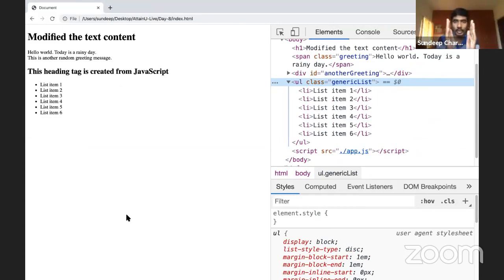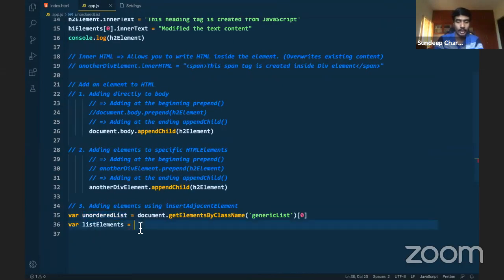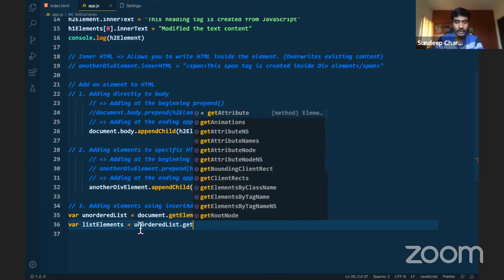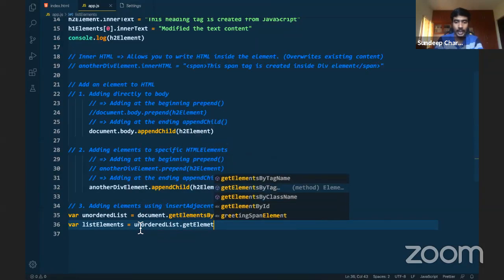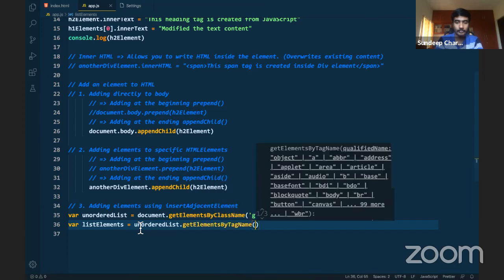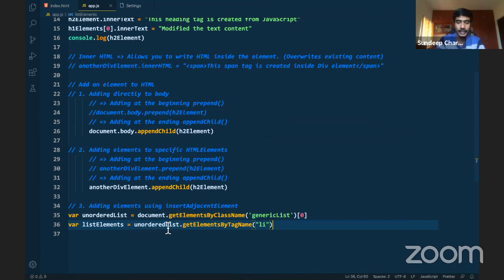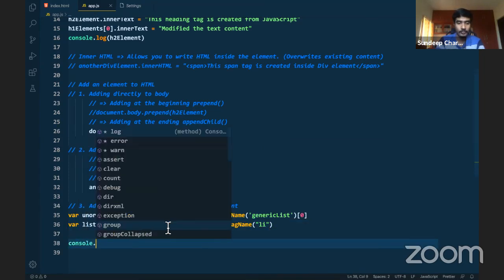We have now shrunk to the UL part alone. That is why you are using unordered list. Unordered list dot get elements by tag name. All right. It works exactly the same. Now I have to use the li tag. So if I now console log the list elements,